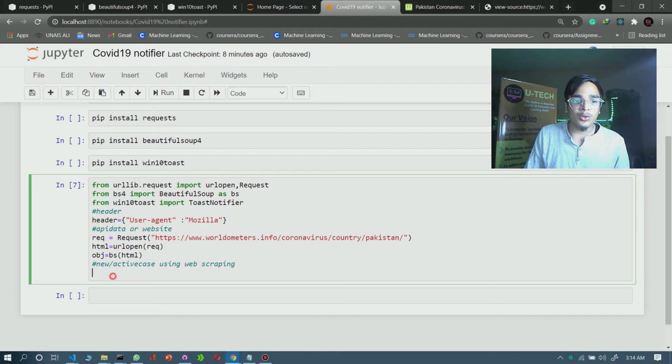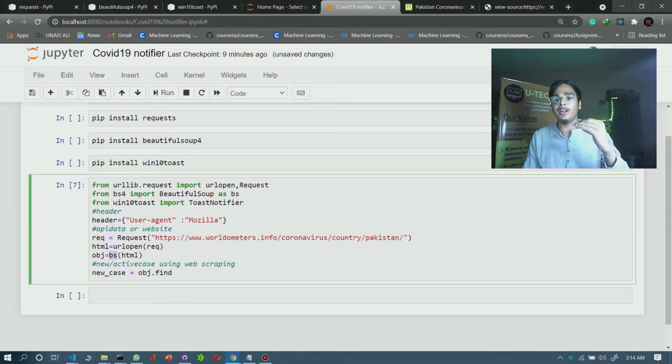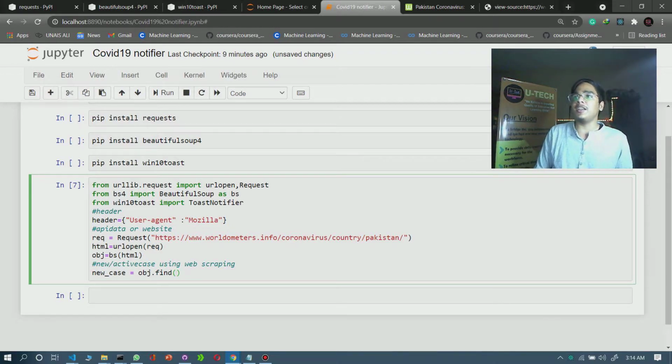So let's create a variable for new cases. I will write obj.find, which is nothing but the BeautifulSoup library doing web scraping on an HTML page from the request. So we will use obj.find, and it's a very easy thing.